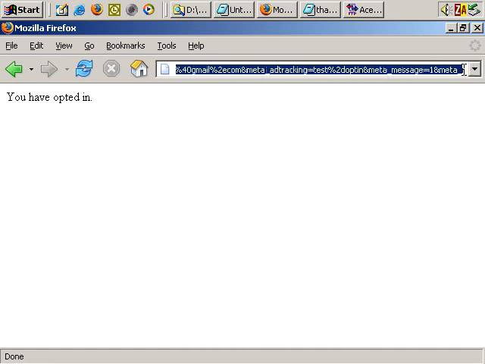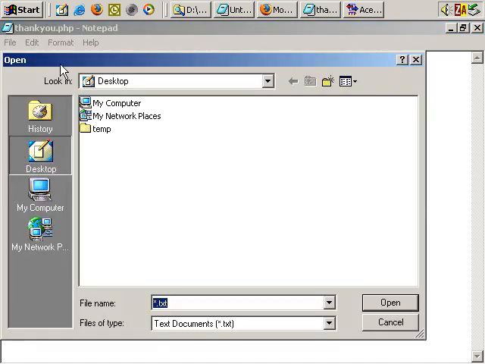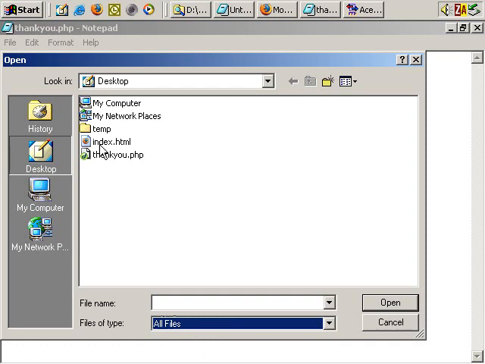And this is very important for what I'm going to, and actually you can see it includes all the hidden fields as well. And this is very important for the demonstration I'm going to come to in just a moment. However, let me open up, well, here's thankyou.php. I want to open up index.html again. And okay, I have the open box displayed, all files, index.html,